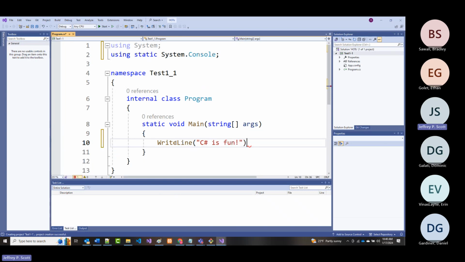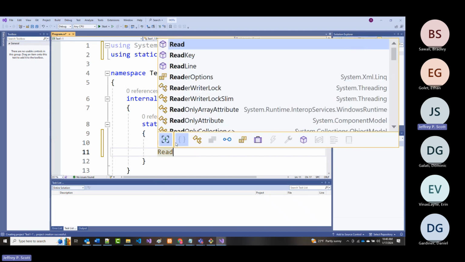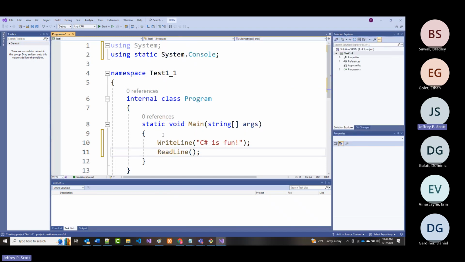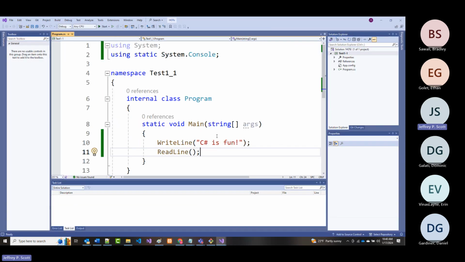That's not what you're doing on your test, but we're just pretending here. All right. Then underneath that, you put in read line. Okay. So it doesn't fly off the page. We run this. It says C# is fun. You hit enter, your program's done. So I'm assuming now we're done. So you've got more than one problem, but I'm just going to assume for right now you're done. All right. So you can close this